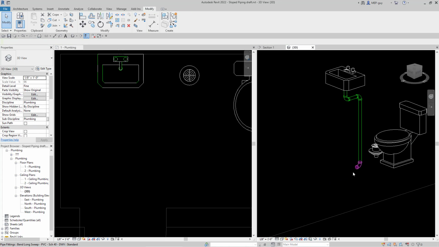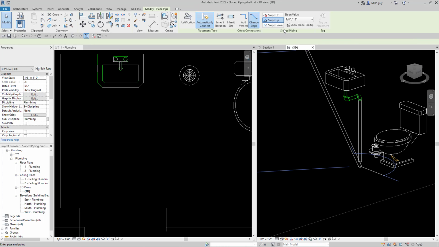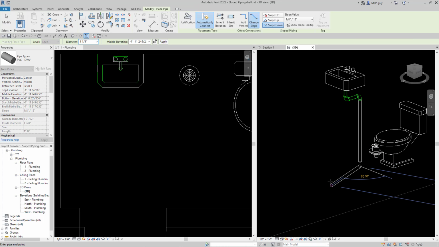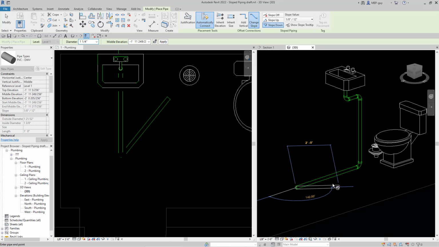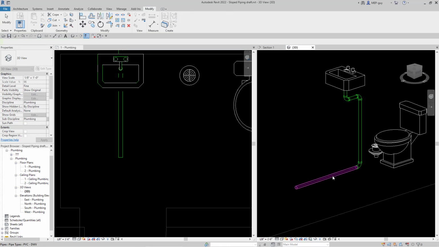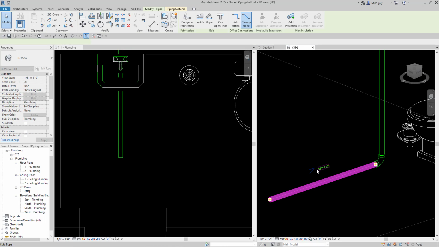And then we're going to click on our fitting, and we're going to right click here, draw pipe. And let's make sure we're sloping down this time. We'll hold our shift button and make sure that slopes down just like that. Hit escape. Make sure we click that and verify our slope is correct. So now you see the high point is on the right and the low point is on the left, so